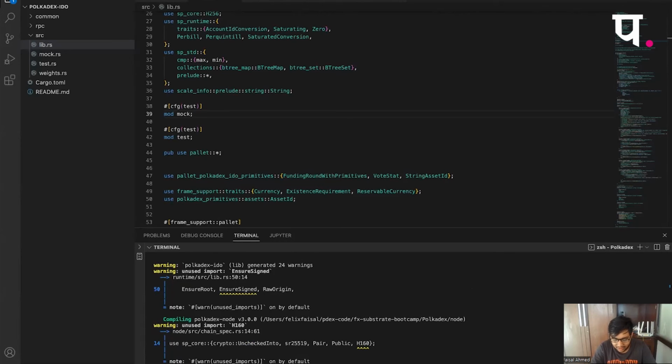Once that is done, you can just go to target release node Polkadex. Since the name of this workspace is Polkadex node, and I repurposed this, there are multiple CLI flags over here. Whenever I am testing it, I normally do it with the dev flag. This way I will get all the test accounts that you saw over there, Eve, Dave, Alice, and all those accounts. So this is how you can run it.